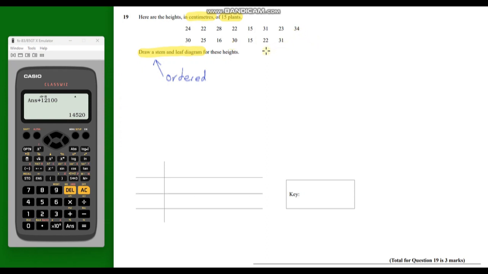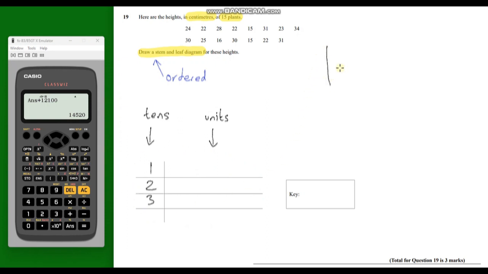So in terms of the tens and units, we're starting at 10. So I'm going to put a 1 here for the tens. So this is going to be tens and this is going to be units. So we've got tens, this would be 20, this will be 30, and I don't think there's any 40s. No, there aren't. So this is going to be my ordered stem and leaf diagram, but what I'm going to